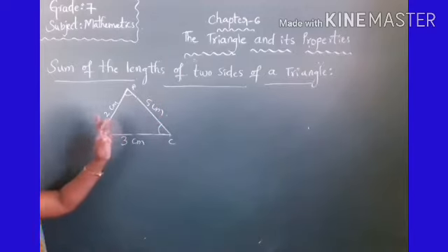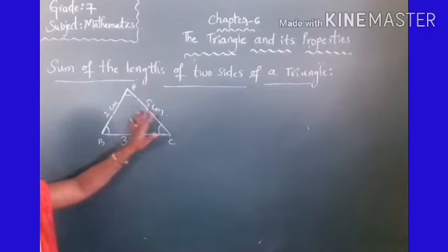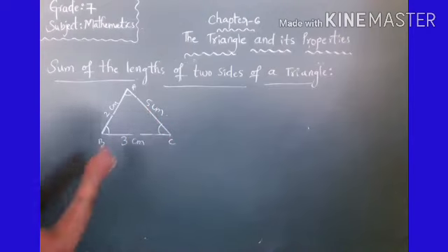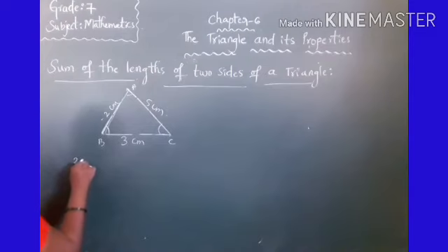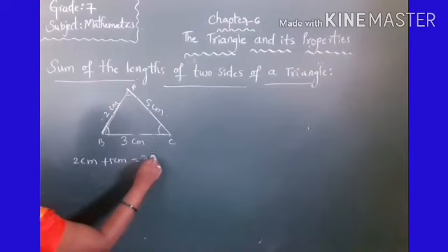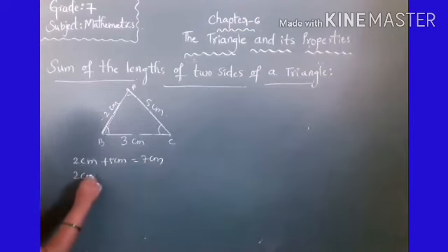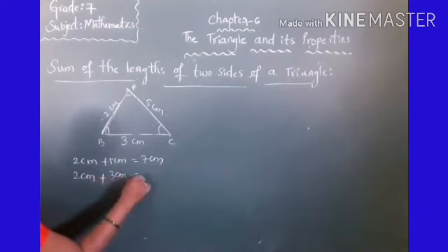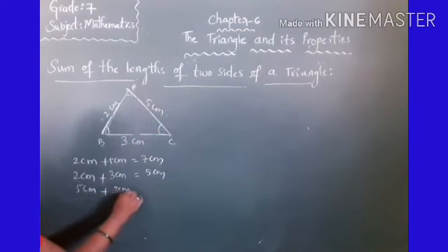Here 2 centimeters plus 5 centimeters is 7 centimeters. Take two more sides, 2 centimeters plus 3 centimeters is 5 centimeters. Or take 5 centimeters plus 3 centimeters,